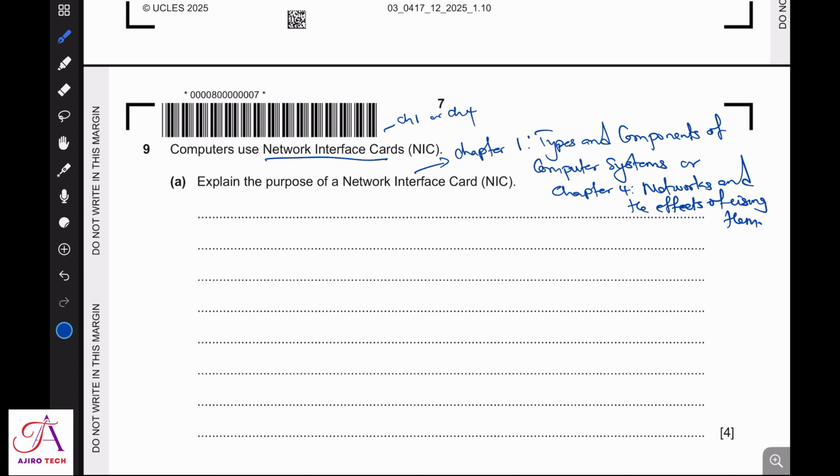Okay, so when we talk about the network interface card, what's the purpose of using that? Now, the purpose is number one, let's look at this,